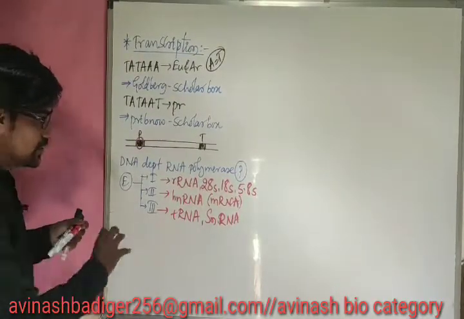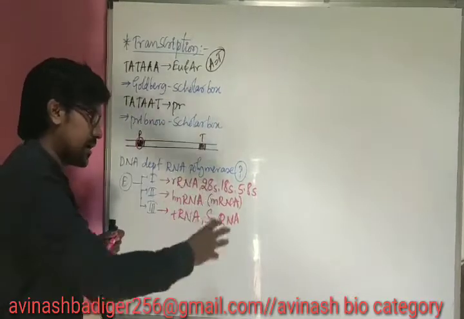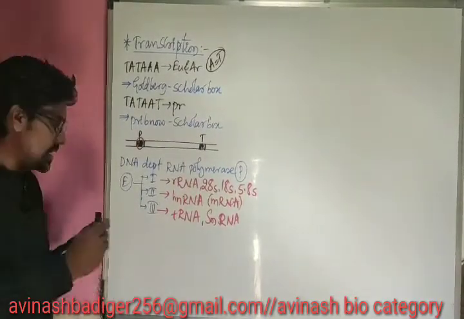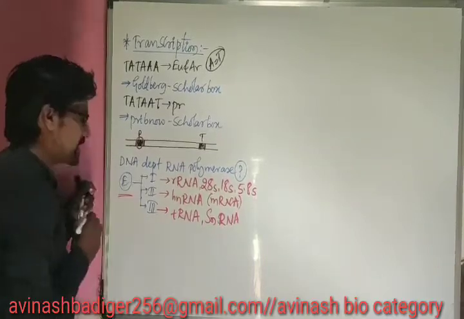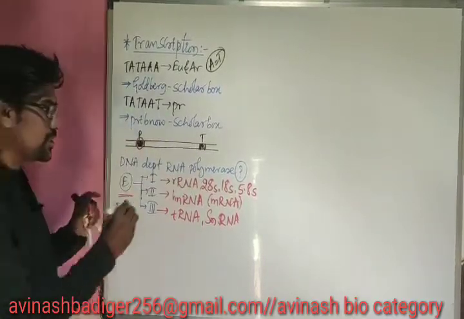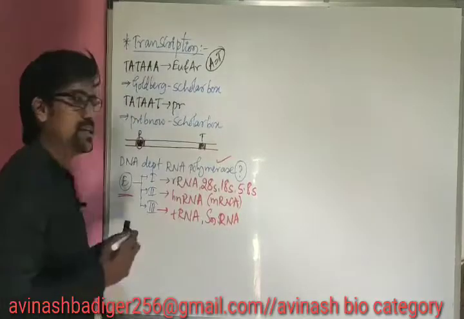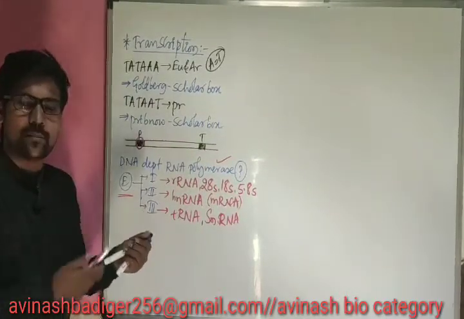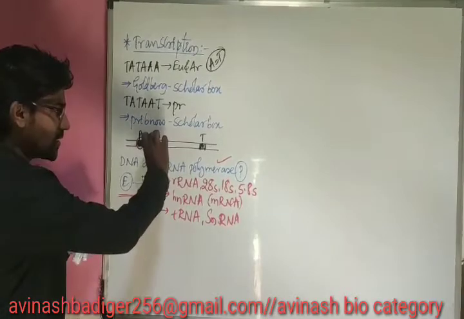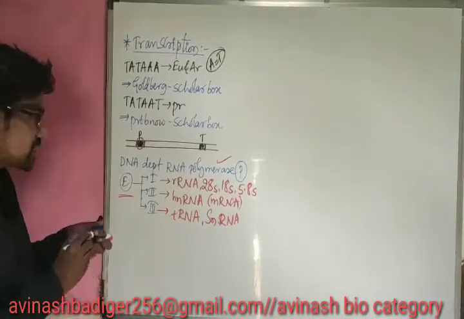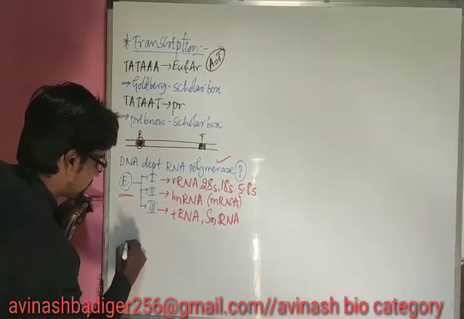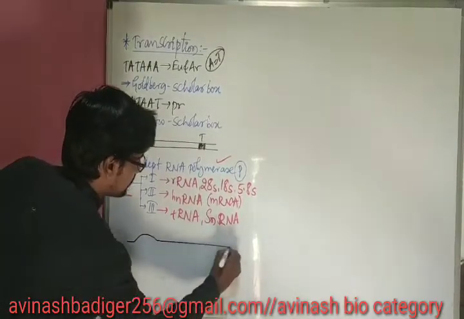These are the different types of RNAs produced by the three different RNA polymerase enzymes in eukaryotes. But in prokaryotes, only one RNA polymerase enzyme is used. So one is a simple process and one is a little more complex. When this DNA is going to be transcribed, first the DNA is going to form this type of structure, right?